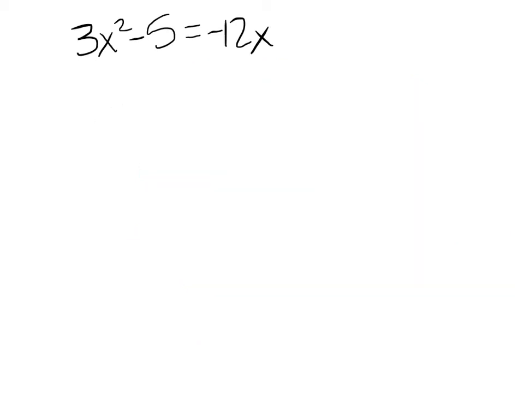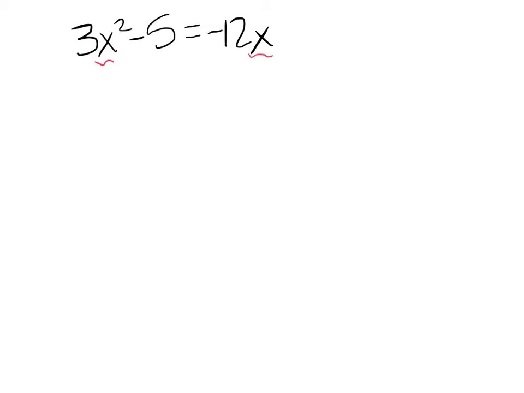Just going to do a couple more examples to remind you about how to complete the square, what we look for when we solve using complete the square. Complete the square, always put our x terms together. And we have to complete the square on this one, we know, because we have more than one x term. We have an x squared term and an x. So to complete the square, we need to gather all of our x's and put everything else on the other